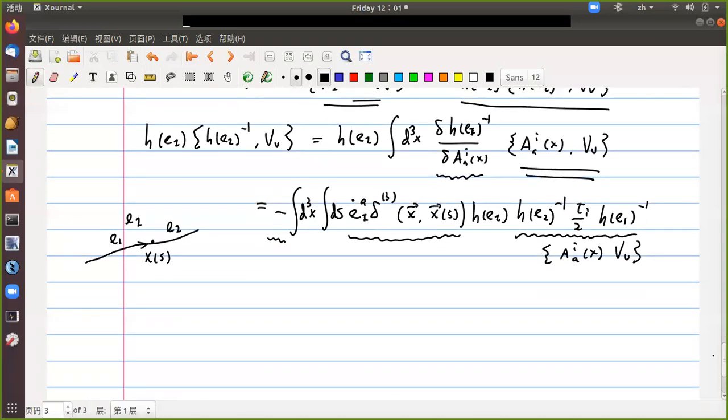All right, also including this integral. Okay, so now again you get a delta, and you can integrate out the three-dimensional x minus ds and e dot I, I h e2 inverse